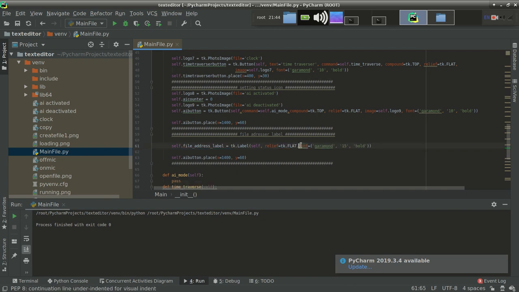So it will be 15 bold, everything is fine. And one more thing also, just make it italic to make it clearer and more sensible, to increase its beauty also. So it is the file address label. Now put it over the screen.